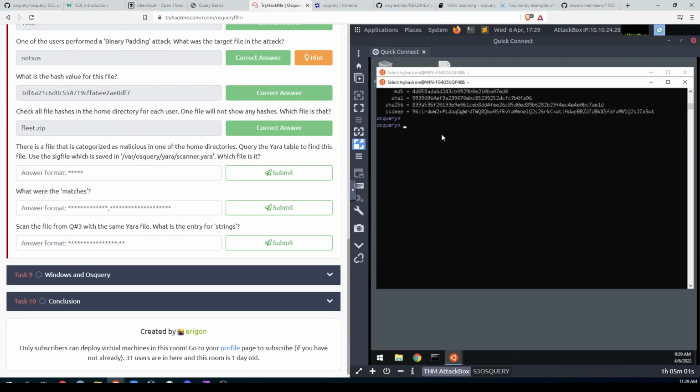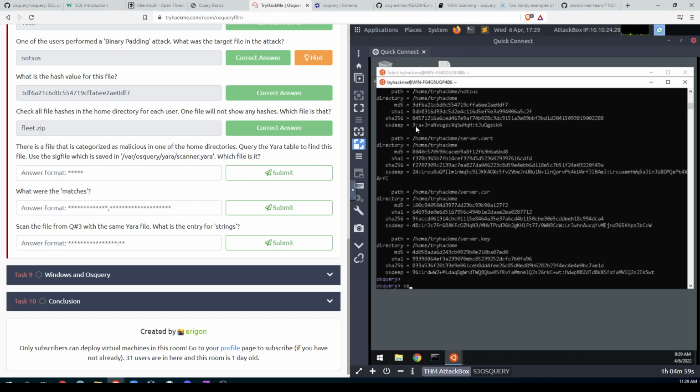So we'll select anything, any files from YARA where path like, it says home directory, so anything, we don't know the exact path. So in the home directory, so we use a home,